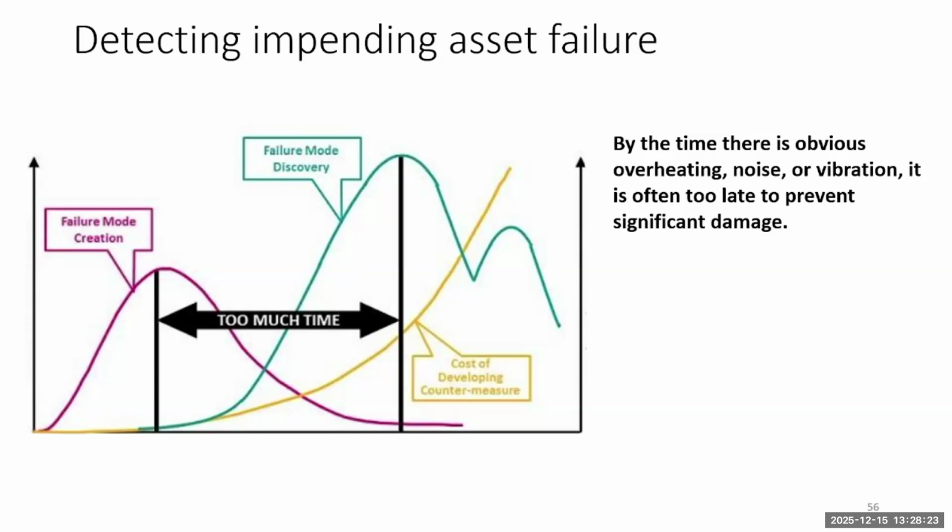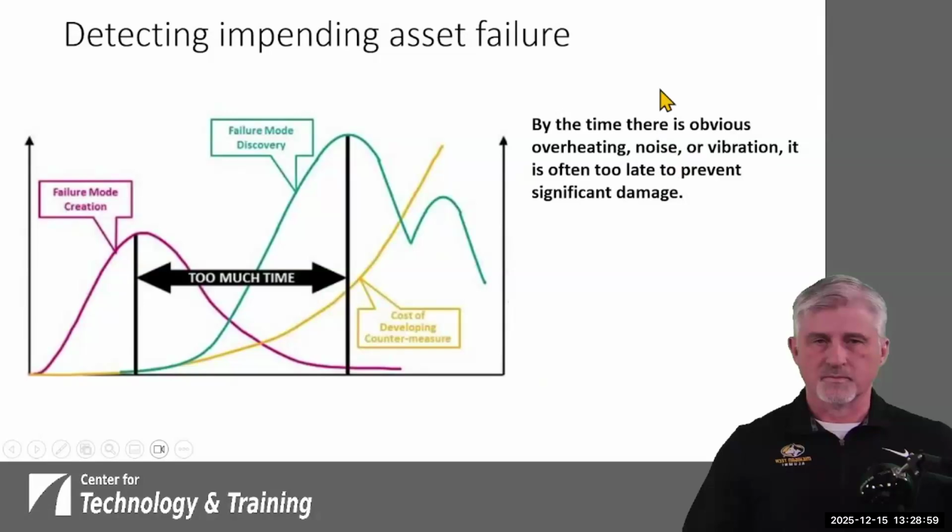The importance of this is to show that we can't have a lag between when it starts into failure mode and when we discover it. The longer it takes, the more expensive it's going to be for us to correct that issue. The cost keeps going up. If the time between when it fails and when we figure it out is too much, the costs increase. And sometimes it's just too late.